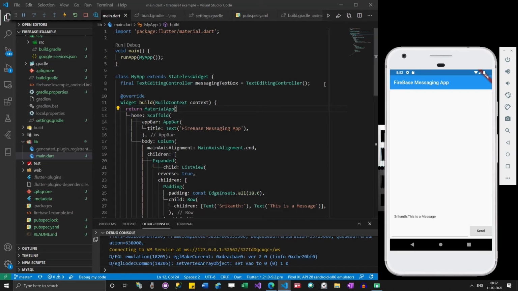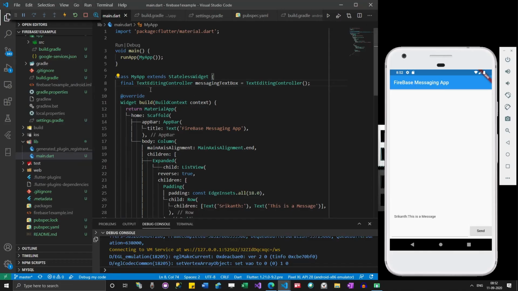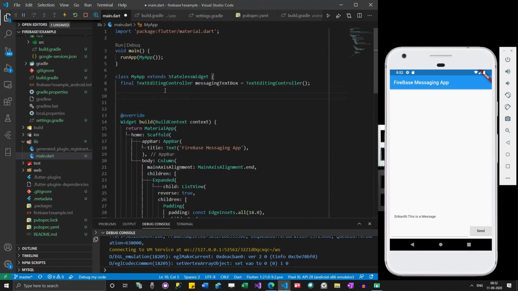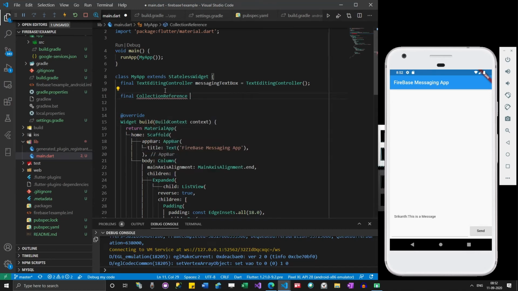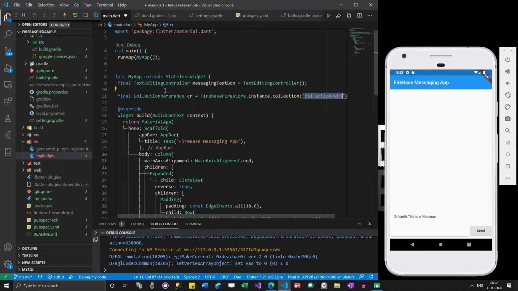So the first thing you need to do is access this collection reference over here. Okay, so how you will access that is: collection reference, Firebase store instance dot collection of, and the collection path will be messages.